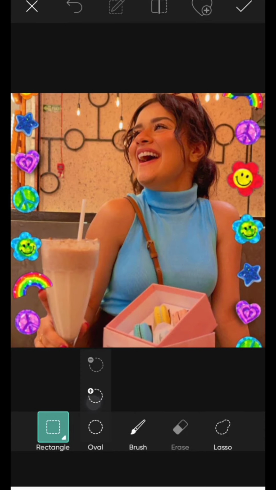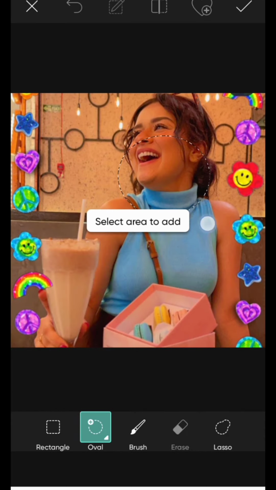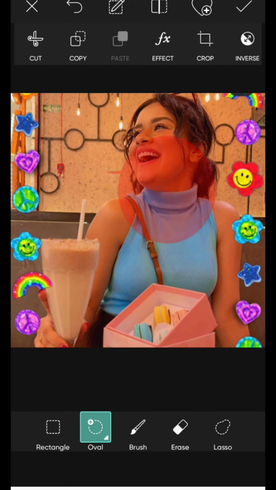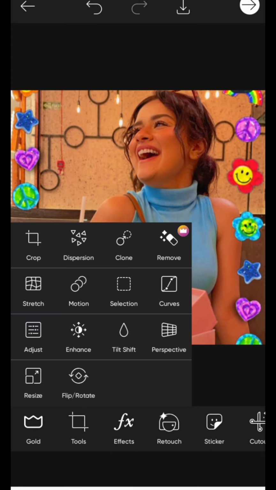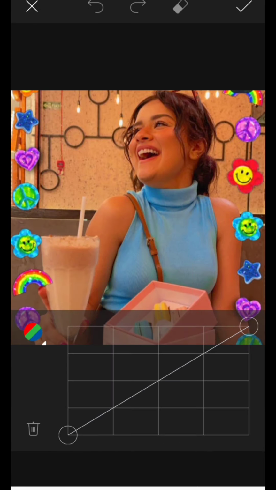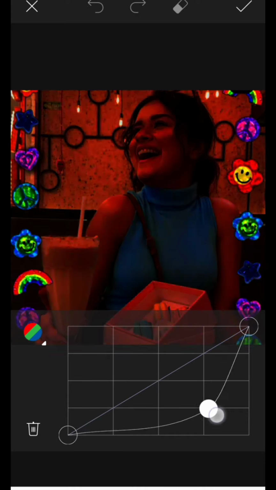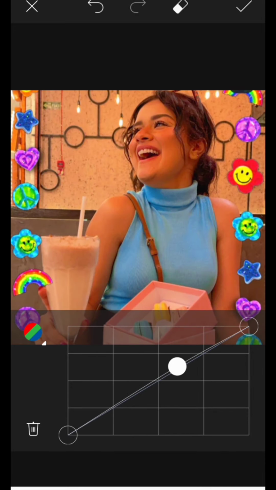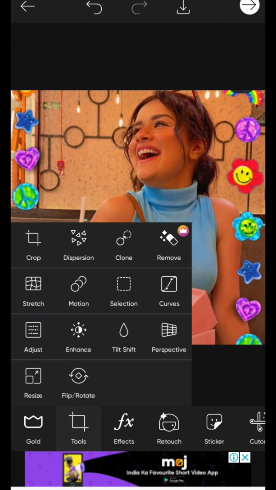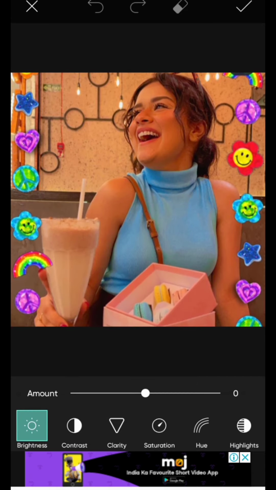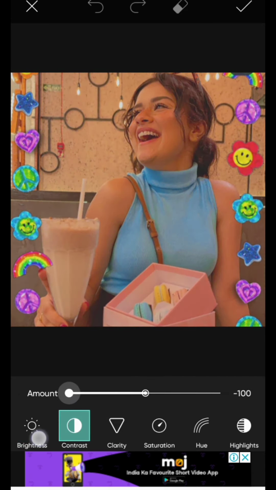You can select your area, rectangle or any shape that you want. You can select the area from here. Next is curves. Curves is very important in editing. This is the temperature very high and this is very low, darken. So if you want you can also use this. Next is adjust. Contrast. If you want to increase or decrease it looks good in both.